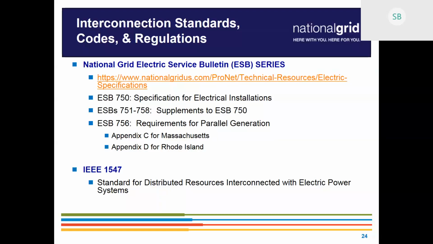The second one down here is IEEE 1547. That's something outside of National Grid, an external body. It's a standard for interconnection of DG, and it is used to inform what the UL 1741 testing standards are. So it's an important document to read. It was recently updated in mid-2018, and there are some pretty significant updates that you want to make sure you get through. This is where the UL 1741 SA standard comes from, I believe, so there are a couple of things that generate from it, and being familiar with it is definitely important. But again, as far as requirements for National Grid interconnection, 756. Please make sure you read that.